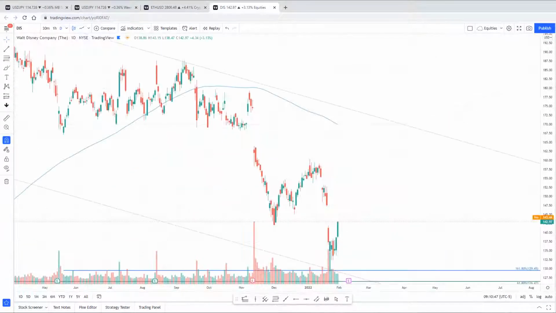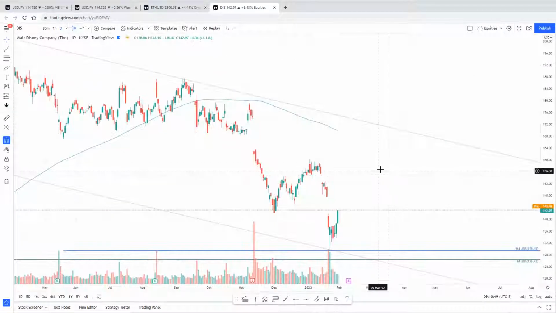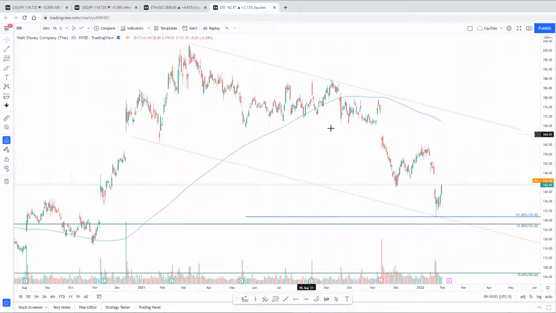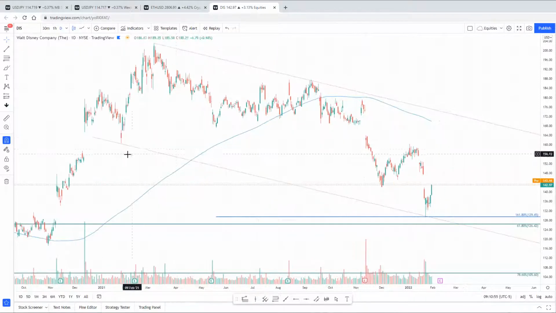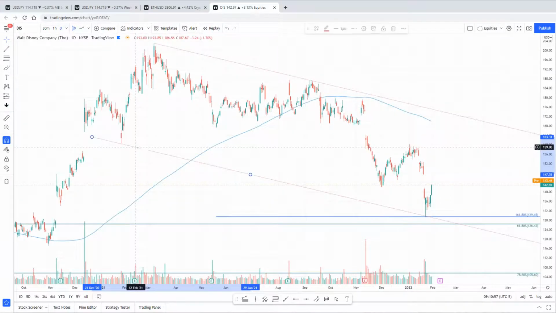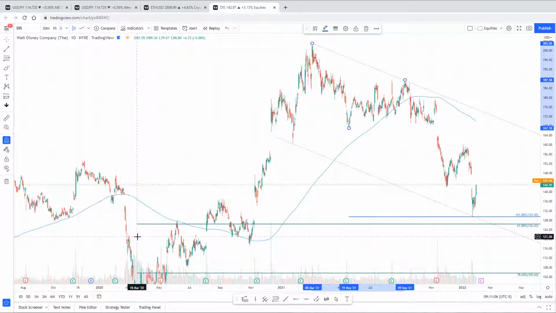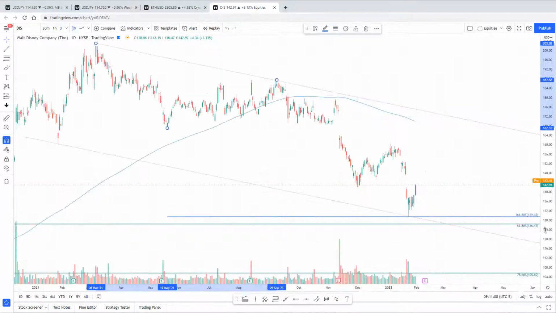And finally, last but not least, Disney is something I've been focused on just because of the tremendous downfall, the massive sell-off. You see huge gaps, basic slope parallel of the highs, a 1618 extension of the decline off the highs, just lower than the 618 of the entire rally from 2020. So I was looking for support between 126 and 129. I don't know if that's a final rebound, but we're at initial resistance right now.